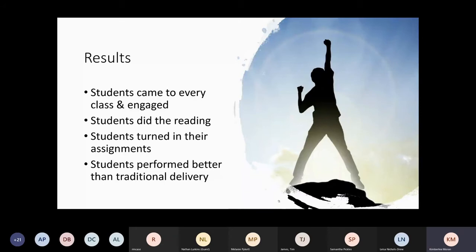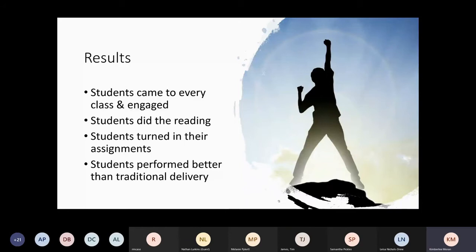I was also incredibly pleasantly surprised to see that students were turning in their assignments. Again, in traditional content delivery, I would always have some students that just wouldn't turn something in. For whatever reason, they were willing to take that 0. Probably it was a bit of a cost-benefit analysis in terms of all the other work that they had to do. But I think because I instituted very predictable weekly assignments that were much smaller in nature,